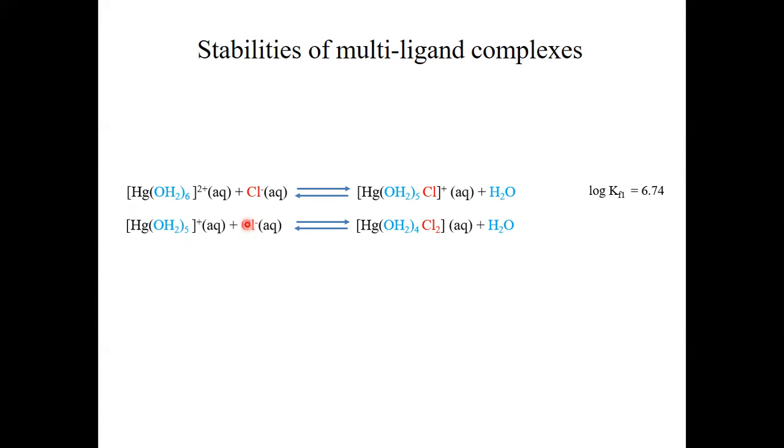And then as we add to the chloro complex, we substitute one of the 5 aqua ligands by another chloro ligand. So we have 4 left and 2 chloro ligands in addition. This is associated with a log K value of 6.48. So now if we do this for a third time,